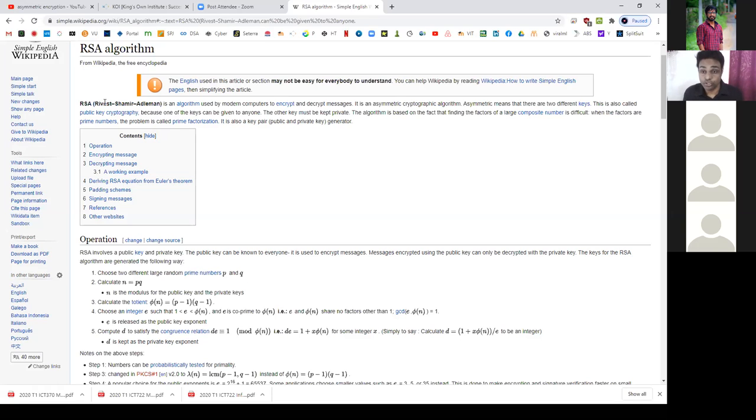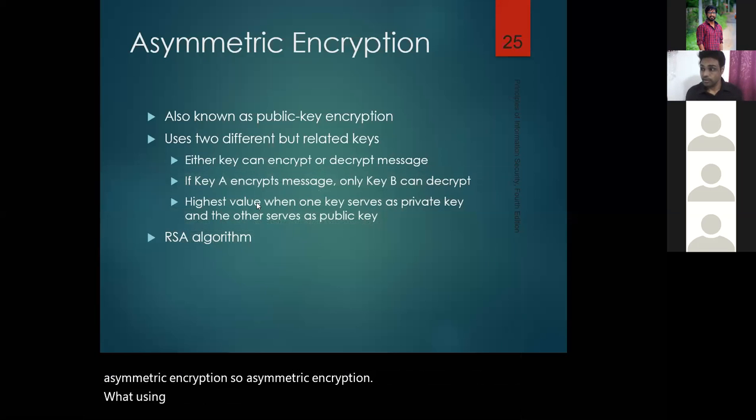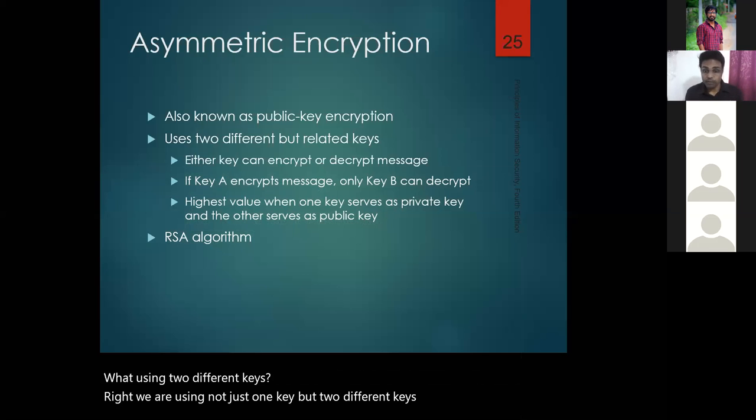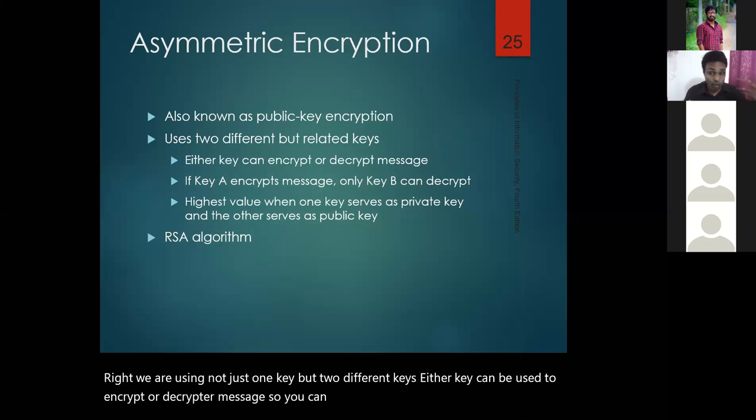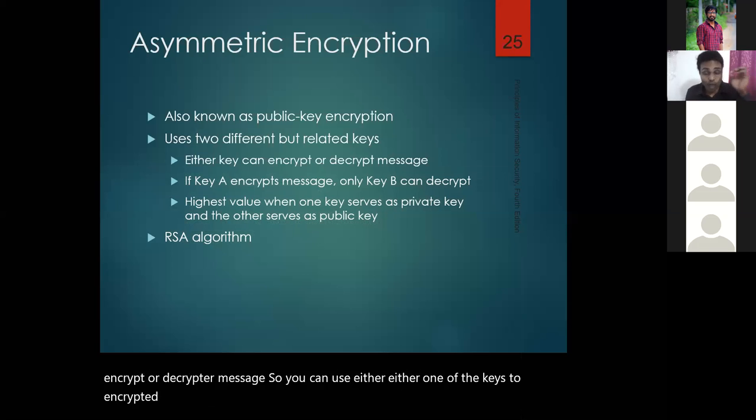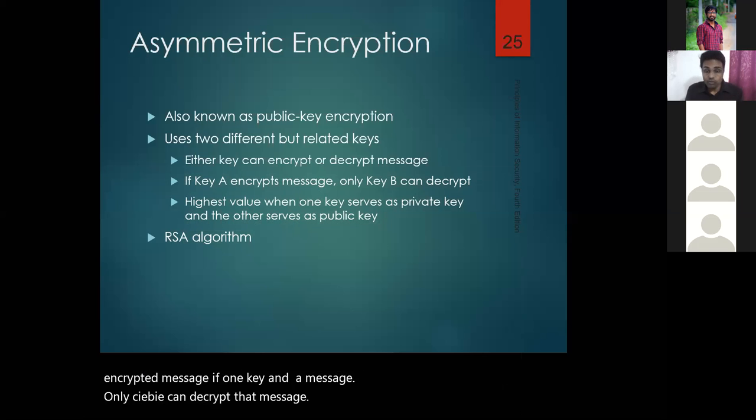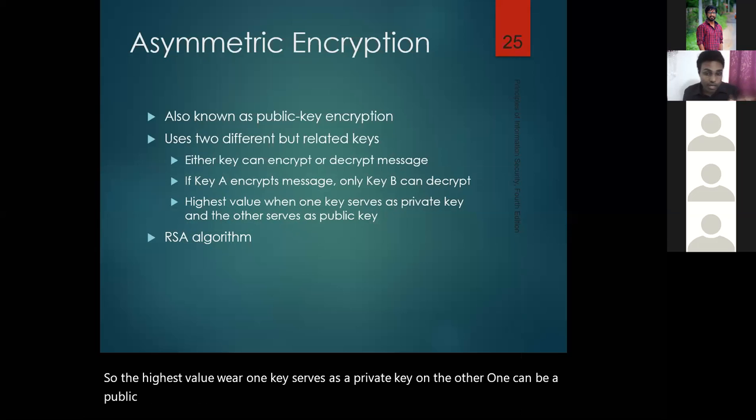So what is the technology that is used? Let's look at the technology implemented by the RSA algorithm, or asymmetric encryption. Asymmetric encryption works using two different keys, not just one. Either key can be used to encrypt or decrypt a message. If one key encrypts a message, only the other key can decrypt that message. One key serves as a private key and the other can be a public key, because I can share the